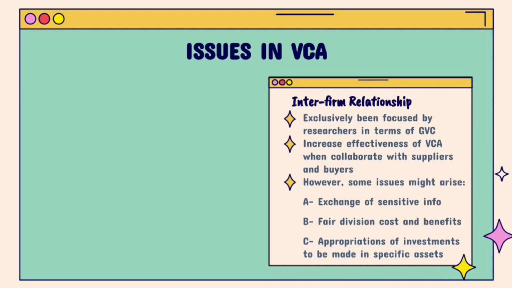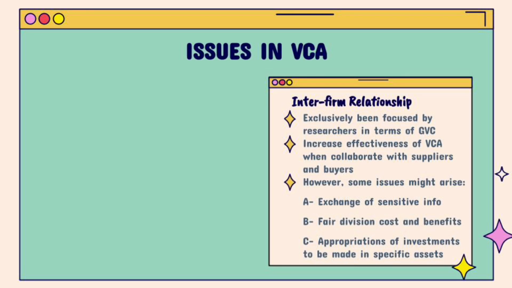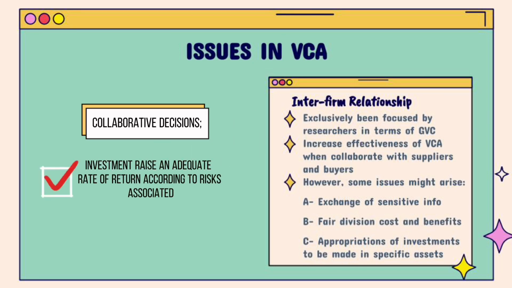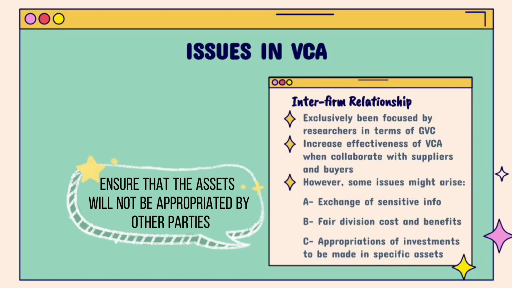First, exchange of sensitive information leads to concerns about their bargaining position and about data overflowing to competitors. Second, fair division of costs and benefits. There must be collaborative decisions on these two constituents. First, the investment must raise an adequate rate of return according to the risk associated, and second, the partners need the possibility of getting a decent amount of the benefits. Third, appropriation of investment made in specific assets. When investment is made in specific assets, the firm must ensure that the assets will not be appropriated by other